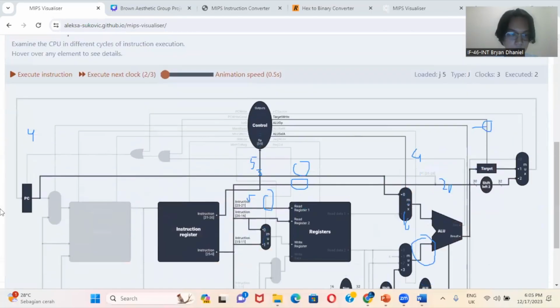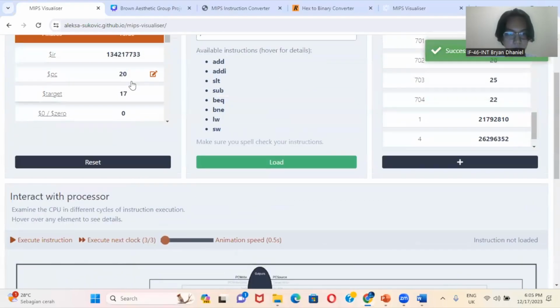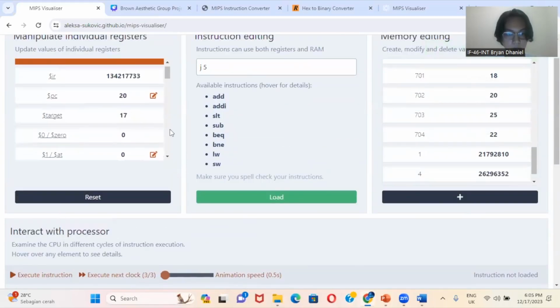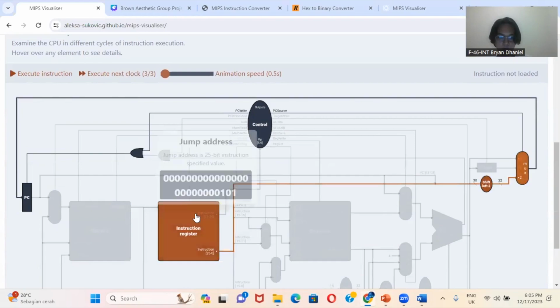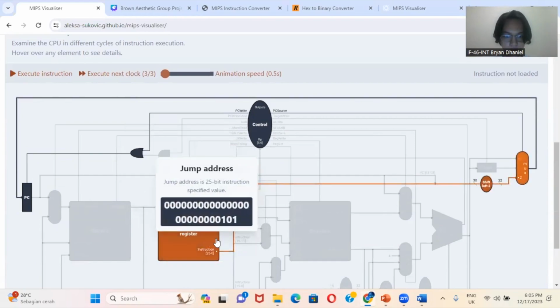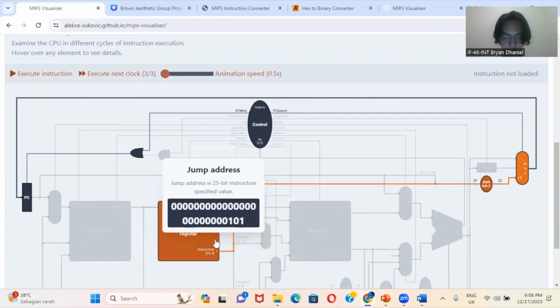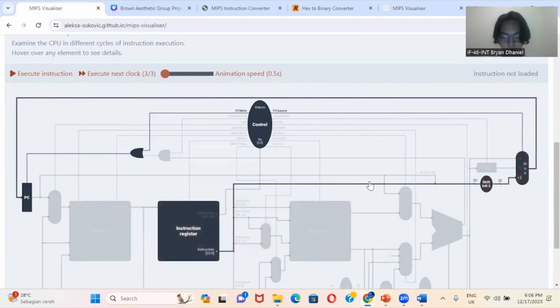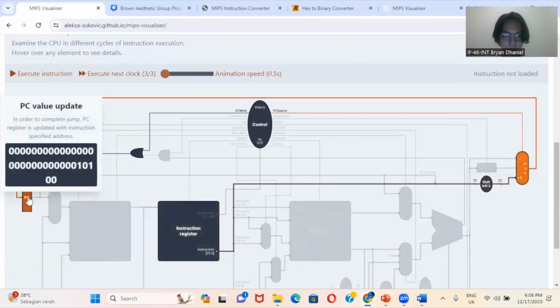This is the second clock, and for the third or the last clock, no, we changed that. We got it to 20 now. And then to get this, we go with the instruction register. The jump address is a 25-bit instruction specified value. So we got it and we go to the multiplexer here and then just go to the PC.